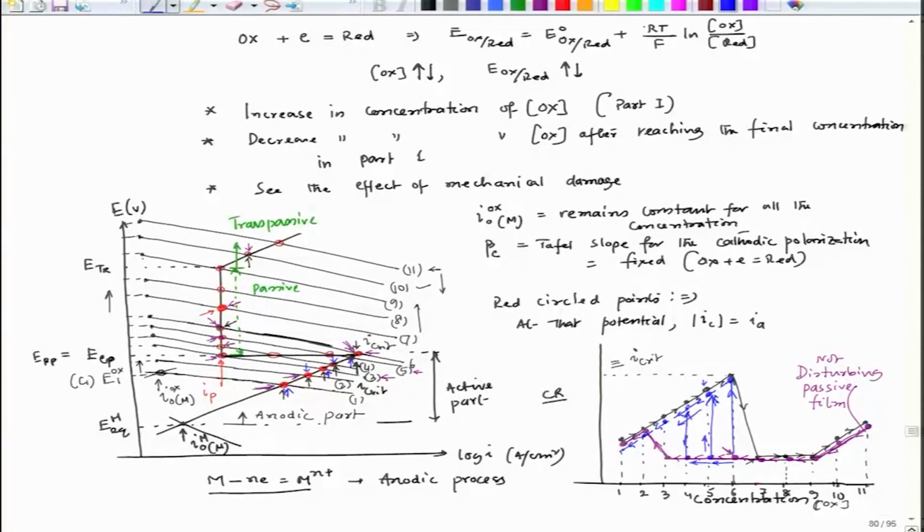So the corrosion rate will move to this location, fine. This is the effect of scratching. So the blue color is basically the scratching effect, or we can say this is the mechanical disturbance